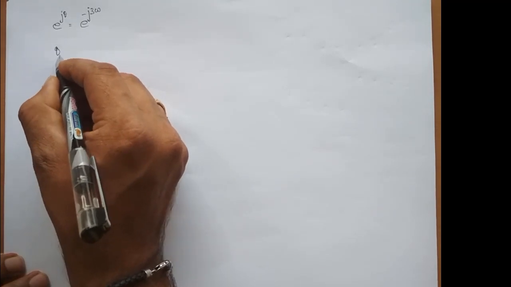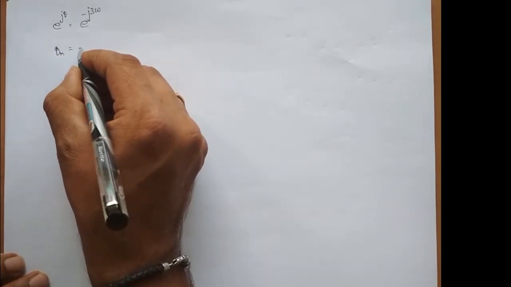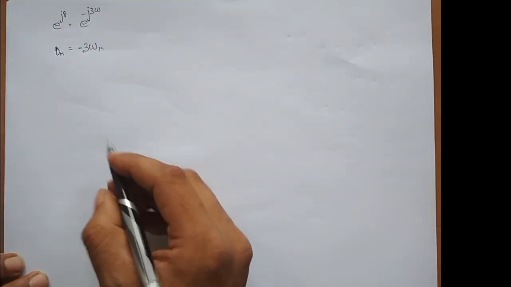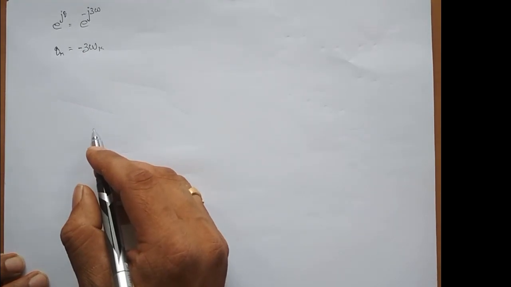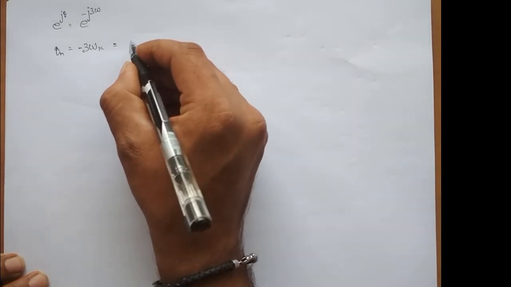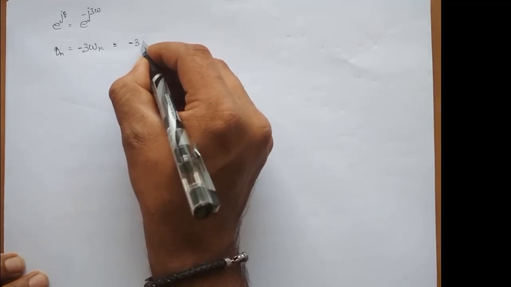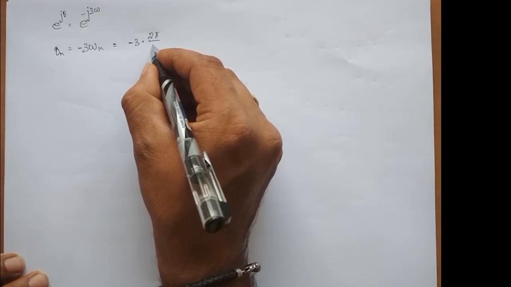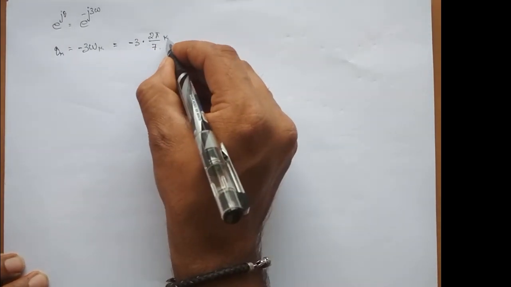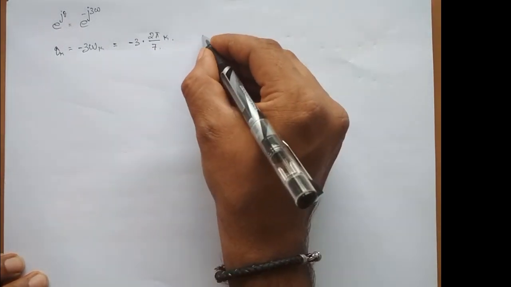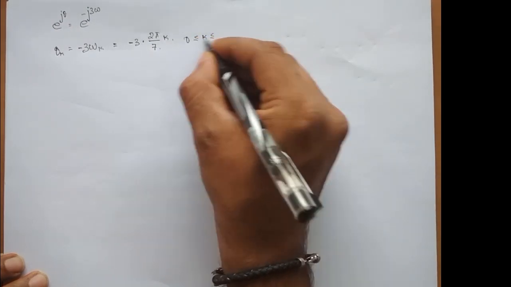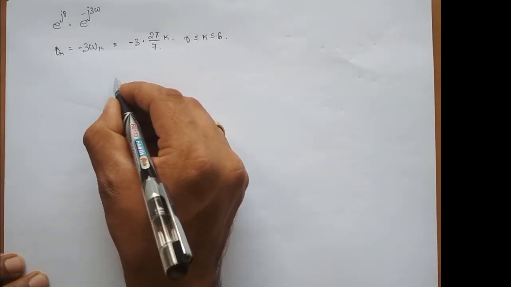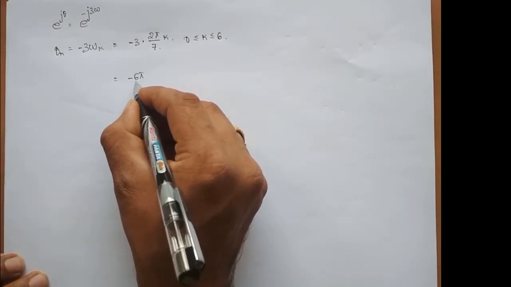Since I am sampling it, theta k is equal to minus 3 omega k. So I am equating theta here. Fine. And this 3 corresponds to the slope of the phase. So this is equal to minus 3 into omega, where omega is 2 pi by N, and N is totally 7 samples, into k, right? So for k varying from where to where? For k varying from 0 to 6, since capital N is 7. Okay, so this is equal to minus 6 pi by 7 into k.